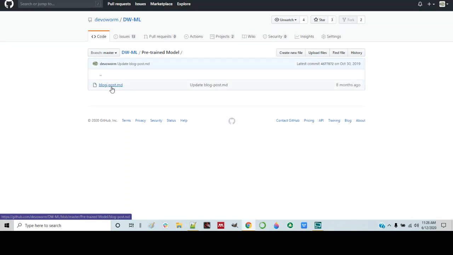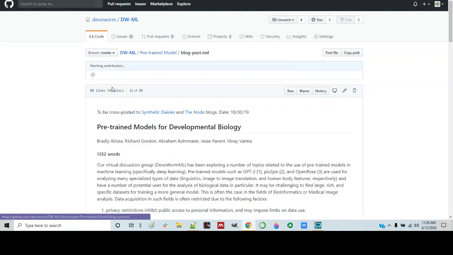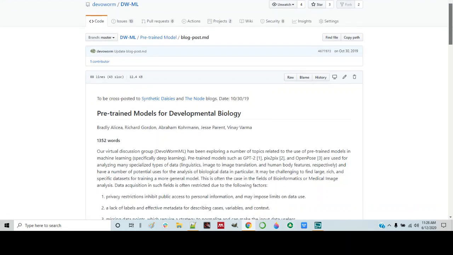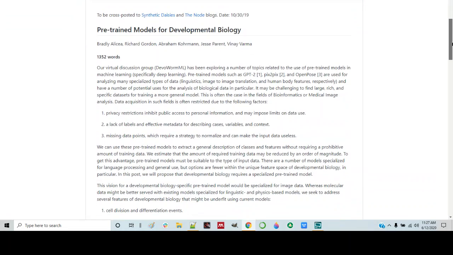So this is the markdown version of the blog post. And here it is. It was put on both Synthetic Daisy's blog, which is my own blog, and the Node, which is a blog run by the Company of Biologists. This was published last fall, and it's about 1,500 words. We had a bunch of people in the DevoWorm ML group who contributed to this. And so the argument here is that you can use pre-trained models